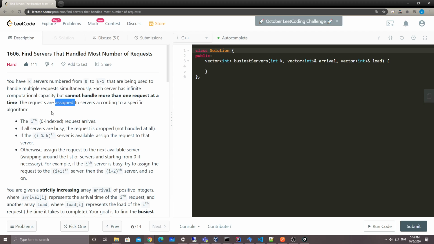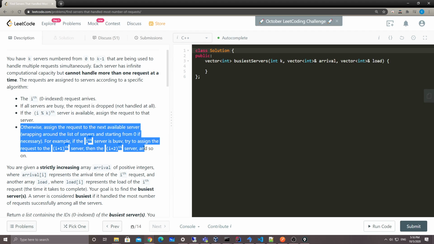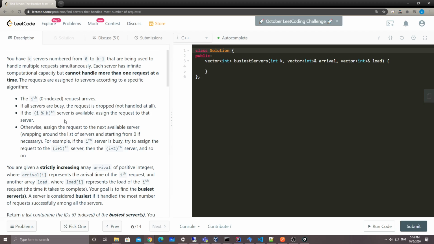assignment rules here. Basically, the requests are being assigned to each server based on this specific rule. The first one: if all the servers are busy, then this request simply gets dropped. And if a server is available, what do we do? This is the sequence of the request, and we just do a mod of the k here. If the server is available, we simply assign this request to the server. Otherwise, we just try to find the next available server. Which means that